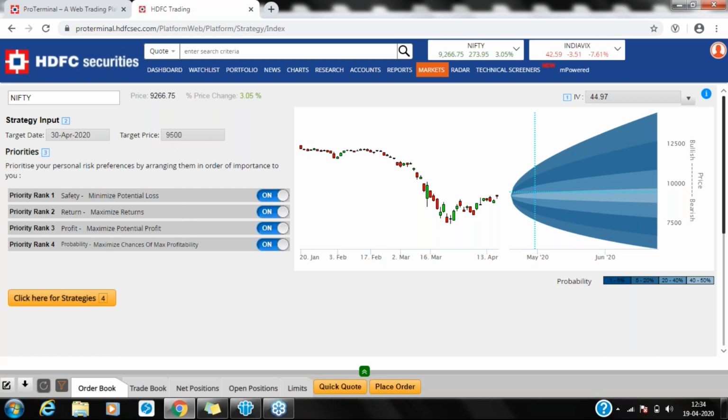So whether the strategy will work or not all the time will depend on your target price and target date. Obviously, the benefit of a strategy is that once you follow one, you will get a disciplined approach towards the market. Your risk will be defined, your reward will be defined. So it will help you to express your view in the market in a disciplined manner. So that is the advantage of going with an option strategy.